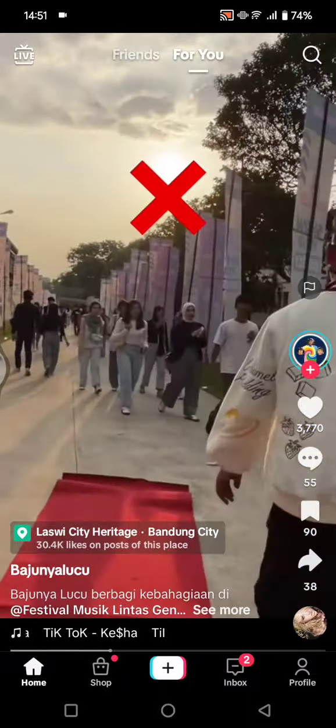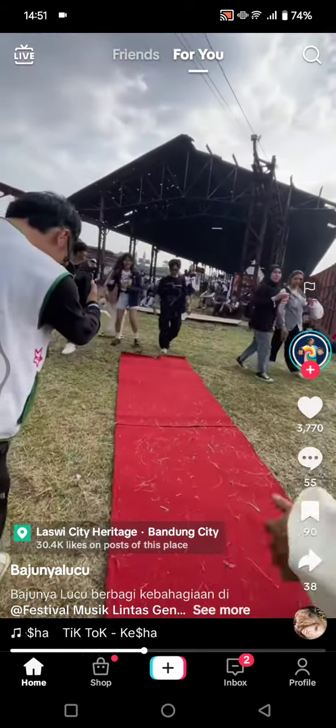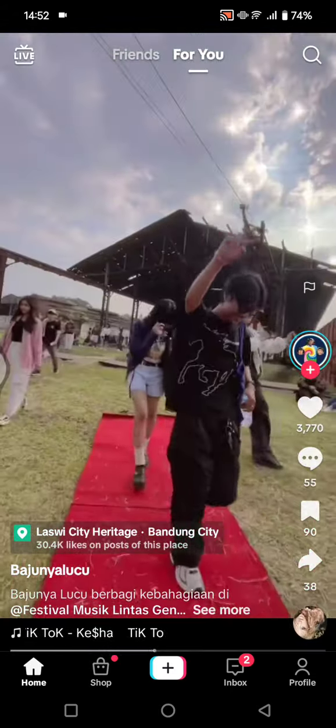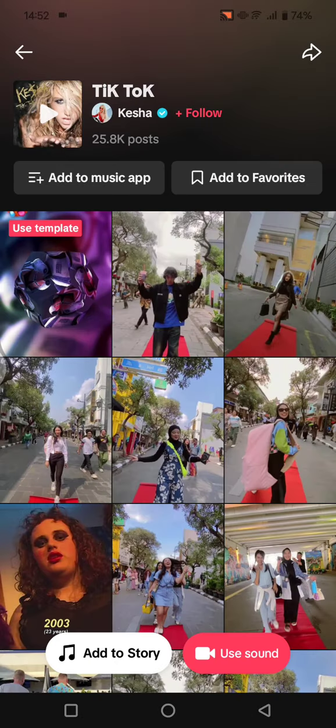for example, I'm going to use this song, the TikTok songs by Keisha. So what you need to do is just click on the songs in here, and there will be this song page. You can just click on use sound at the bottom,